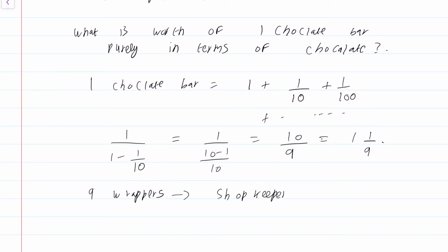And you tell the shopkeeper, you give me a chocolate bar and I'll give you one more wrapper immediately. The shopkeeper hands you a chocolate bar, and then what you do is you just remove the wrapper and give the shopkeeper the 10th wrapper. From the perspective of the shopkeeper, he has lost nothing. 10 chocolate wrappers is equivalent to 1 chocolate bar. So he has received 10 chocolate wrappers in his hand, and what he has lost is 1 chocolate bar with the wrapper. So this is a fair transaction from the perspective of the shopkeeper. There is no cheating going on.